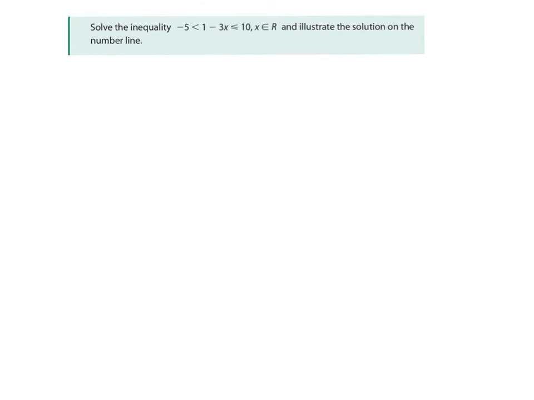So now we're going to look at a double inequality there. So we've -5 less than 1 minus 3x less than or equal to 10, and x this time is a real number, so that means all the values that we get, they're all real numbers, so it includes everything within, well, whatever else we get here. So some people might remember the way we do these is we put a line down the middle,